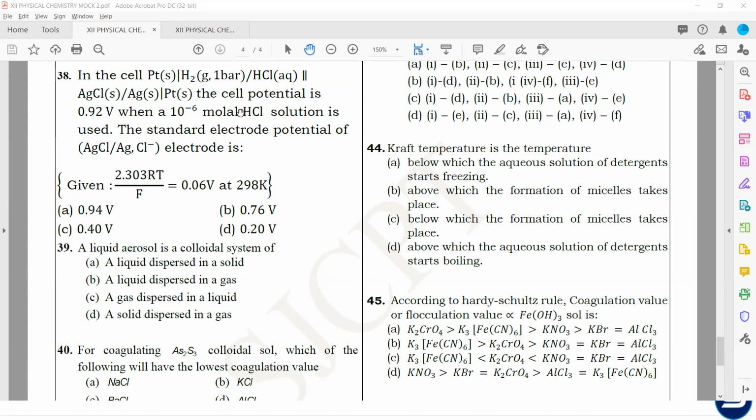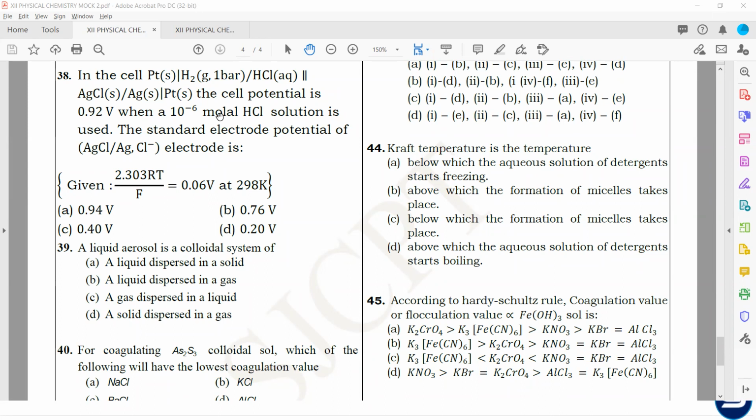10 raised to minus 6 molar HCl मतलब H plus का concentration and Cl minus का concentration both will be 10 raised to minus 6 molar each. अब मोलल दिया है, लेकिन if the density is not given then molality is to be assumed equal to the molarity, यानी molar concentration same ही लेना है. No conversion is required. And partial pressure of hydrogen as it is 1 bar दिया है. Now it's a simple application of the Nernst equation and a substitution of the values.